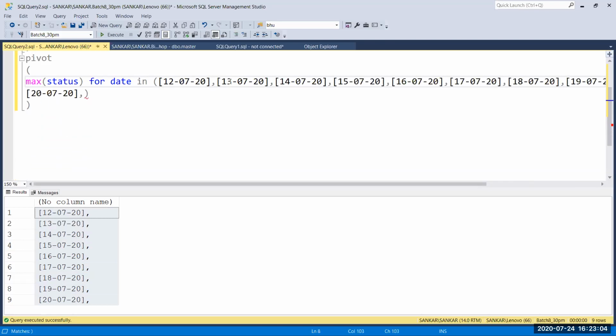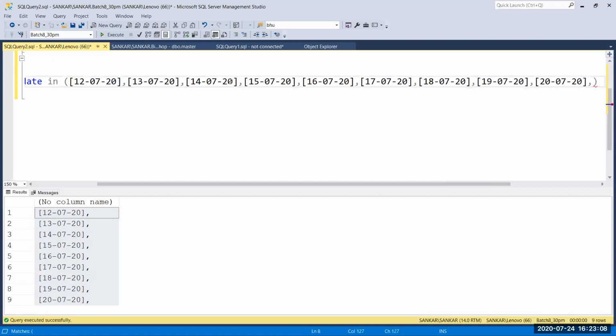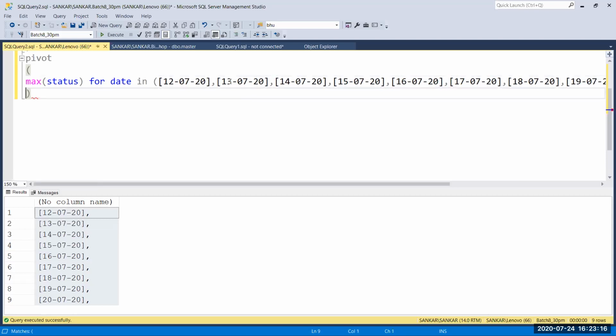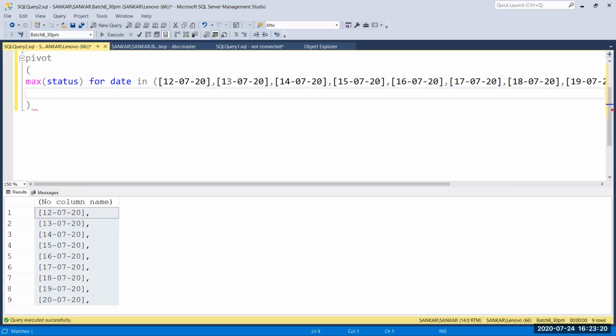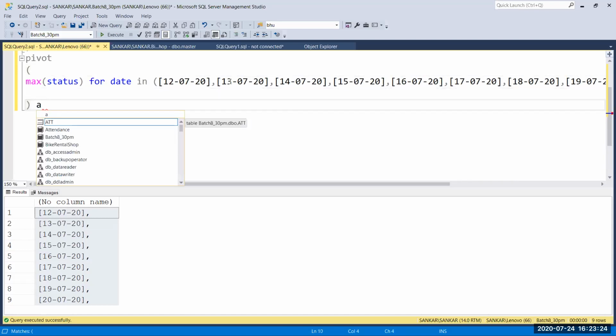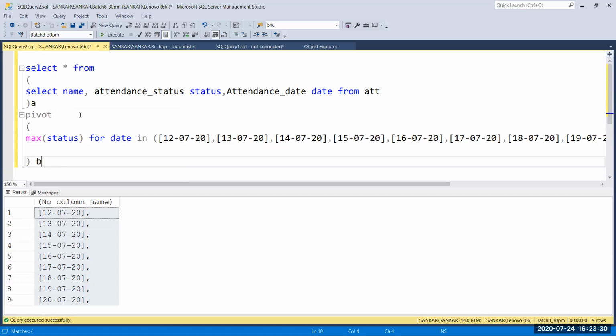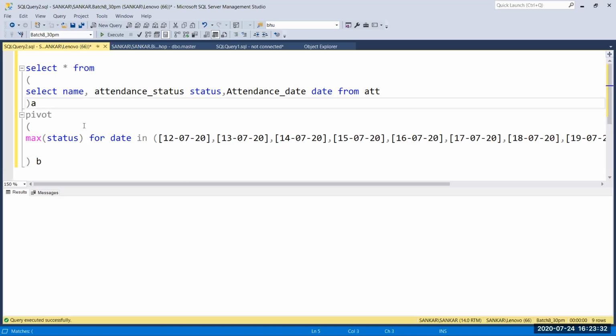Now we get the format. Here one comma is extra, so I'm going to delete this. Now here we have to give a pivot alias name, I'm going to give v because I already gave it here. Just run this.